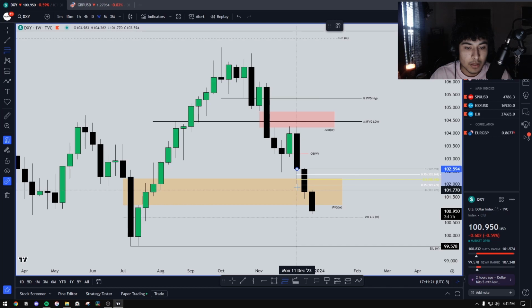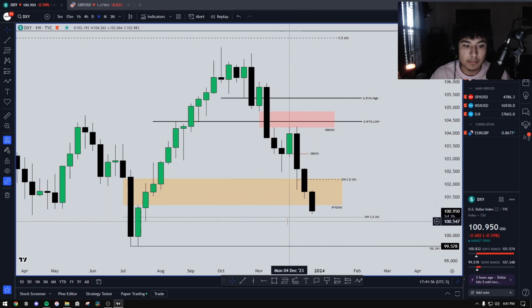So this would probably be my next objective if we do start climbing back up. And if we do make it an inversion and push price off of it, then of course I'm going to start to see price from more of a bullish standpoint. Premium is usually above, and discount is usually below, so that's why I name it discounted.